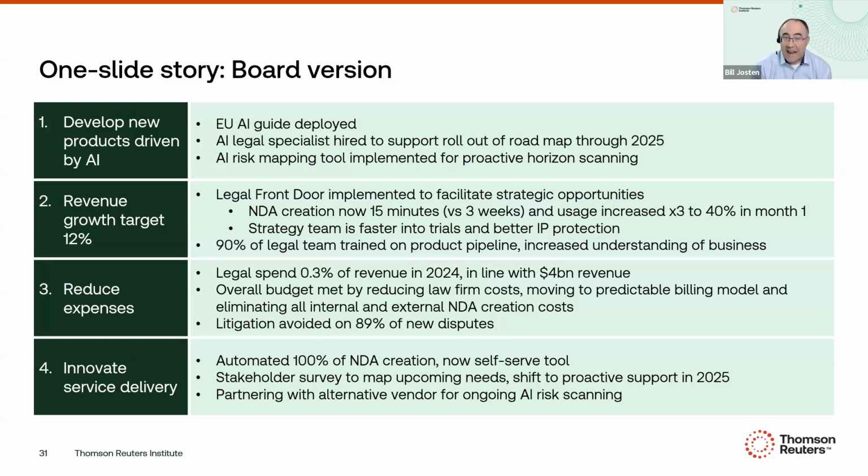And litigation was avoided on 89% of our new disputes. So we're really trying to control those litigation expenses by just avoiding the instances of litigation in the first place. It's not to say that litigation matters aren't going to come our way, but we're doing a better job of avoiding protracted litigation by looking at things like, does it meet our materiality threshold, and how fast can we make these things go away or resolve them in a favorable way.